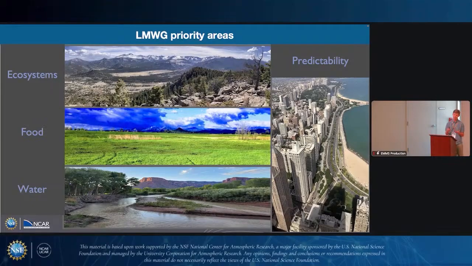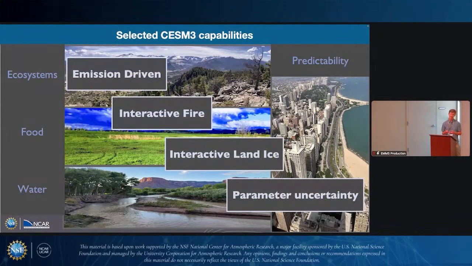And then on top of that, there's this nod to predictability and thinking about how we can help inform actionable choices that get made on sub-centennial timescales, which historically has been the purview of CESM. And so along with that, I think there's a few features of CESM that I'm really excited about